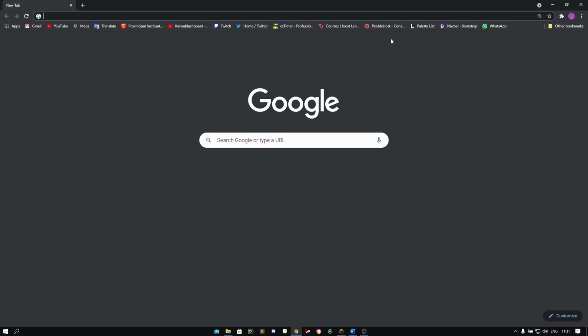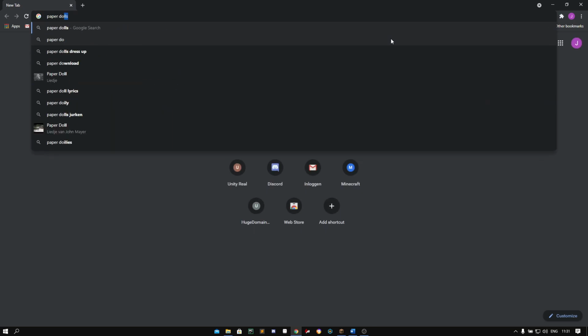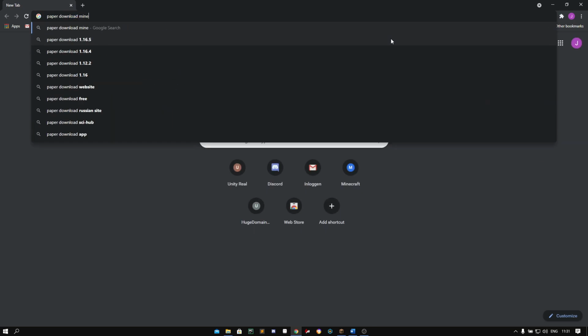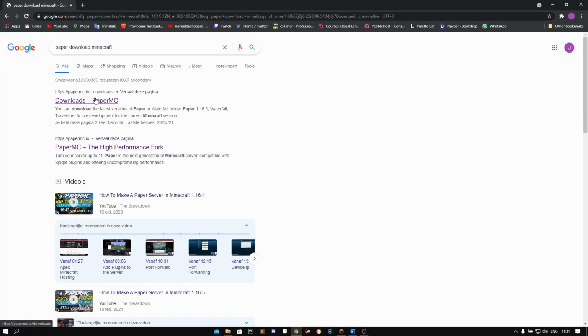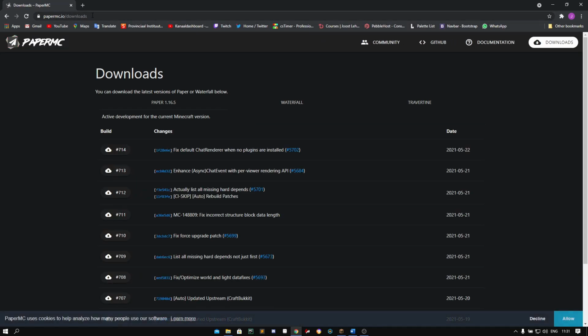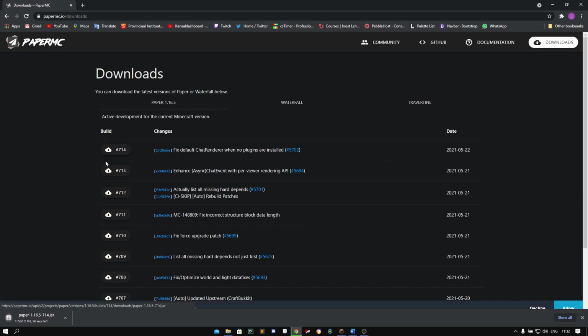Go to Google and search "Paper download Minecraft". You go to the website papermc.io/downloads, and as you can see, we can just get in here and download the most recent version. This will start a download,